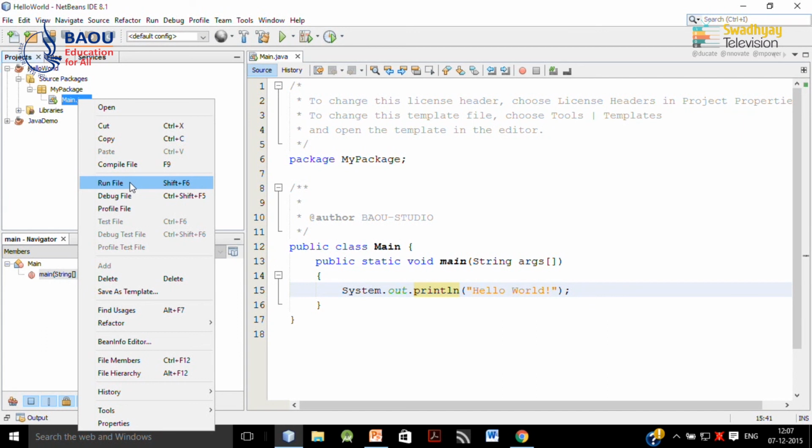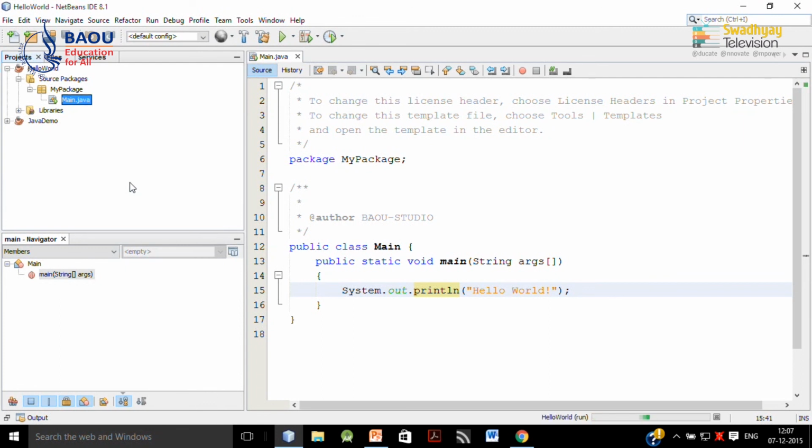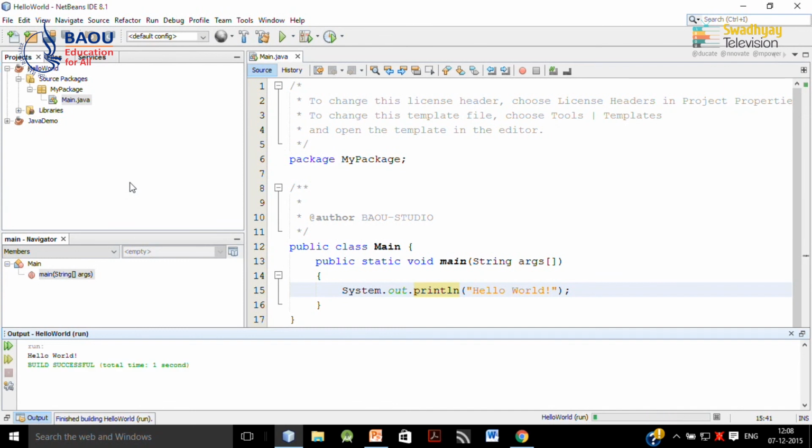The shortcut key for running a file is shift plus F6. You can also use this shortcut key. I click on run file. So, here is our output window and it displays hello world.